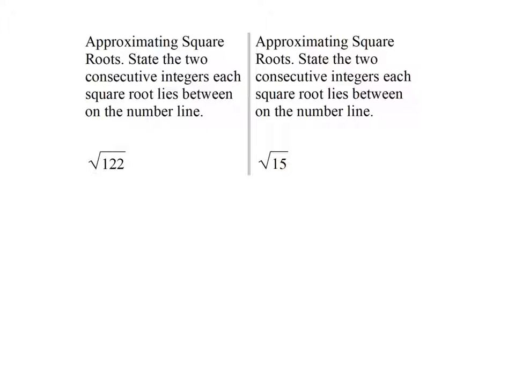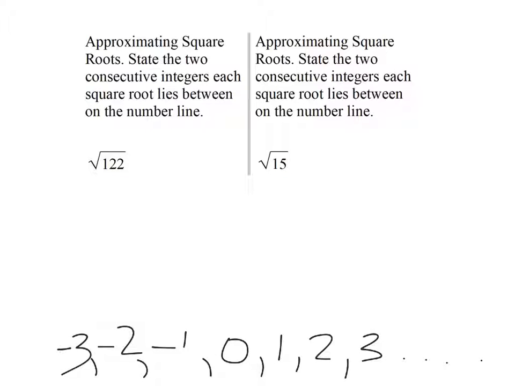In this video, we're going to review how to approximate a square root of a non-perfect square to know what two integers it falls between. First of all, let's remember our definition of integers. They're the whole numbers like 0, 1, 2, 3, etc., and they're opposites. So we'd have to include like -1, -2, -3. We're trying to figure out which two integers in a row, that's what consecutive means, our square root